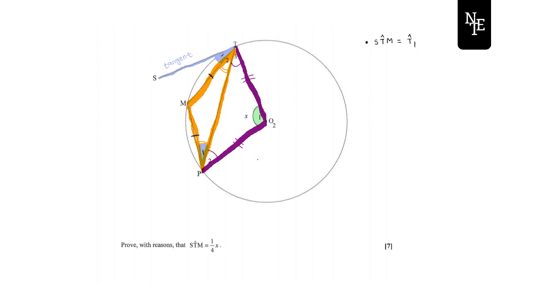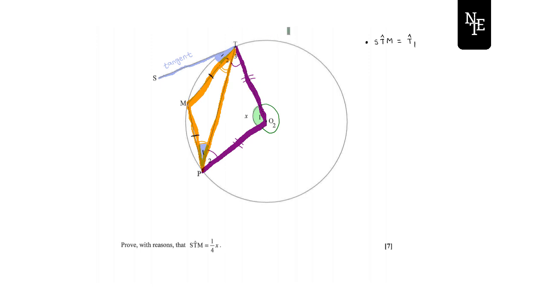So the way that we're going to take this x into this orange triangle is by using the angle at the center is equal to twice the angle at the circumference. But which angle at the center are we talking about? We're talking about this reflex angle, angle O2. And remember that I always say that when you want to find the relationship of the angle at the center with the angle at the circumference,